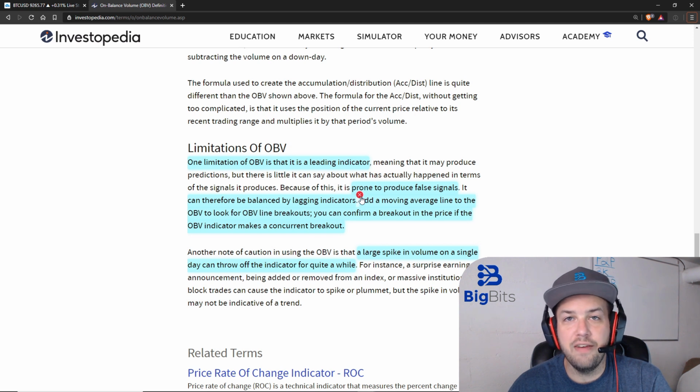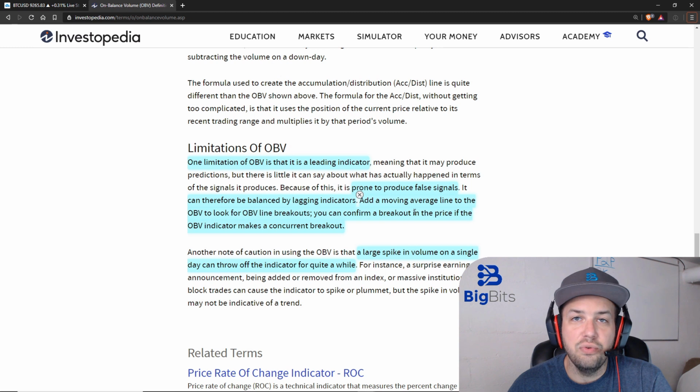So you take your OBV value, you smooth that out with a moving average of some sort, and you can look for trend changes based on whether or not the OBV is trending above or below that moving average, or even just changes in the direction of the moving average. Now, it also mentions, I believe it was earlier in this article, that a single candle with a lot of volume and a huge change in price could drastically affect the way this indicator is interpreted going forward,